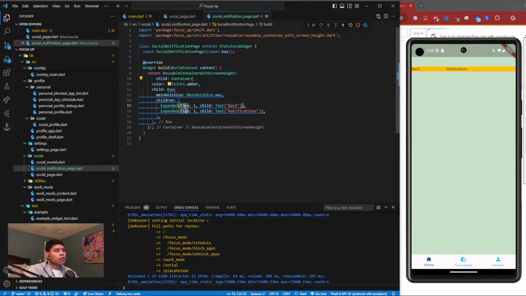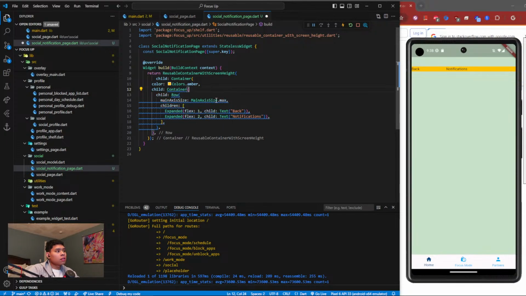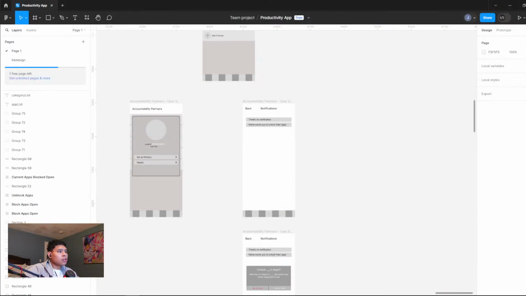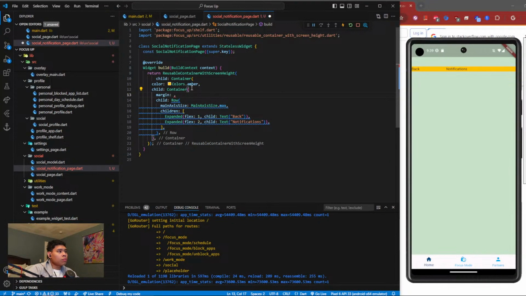That works. And then we just need a container with a margin, and we want this to be